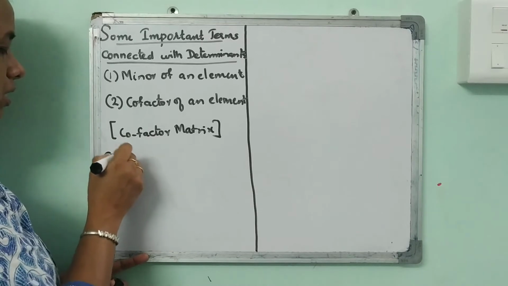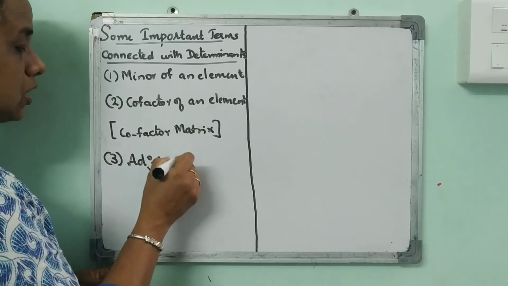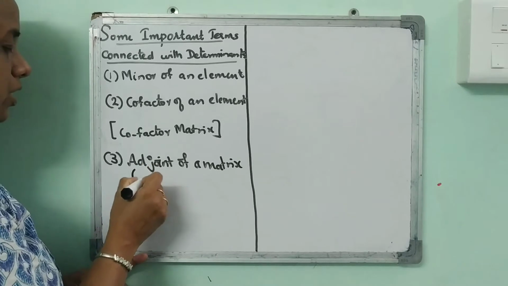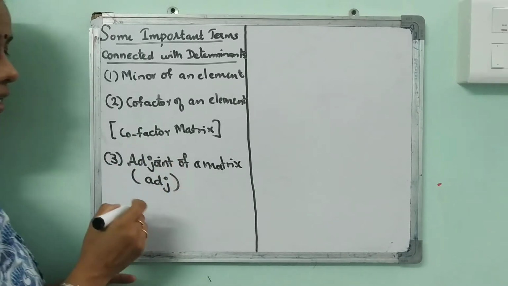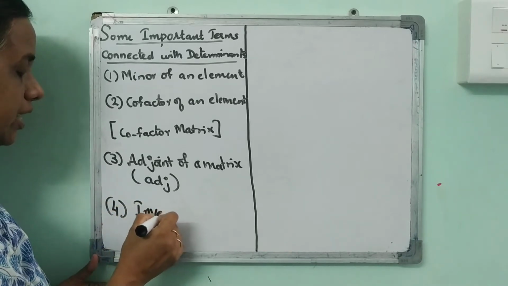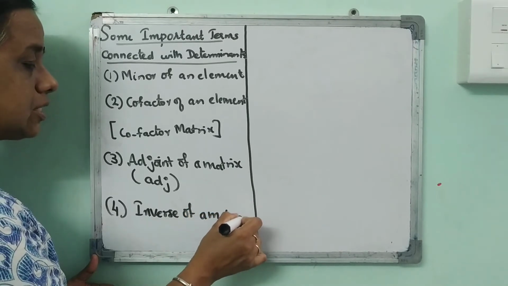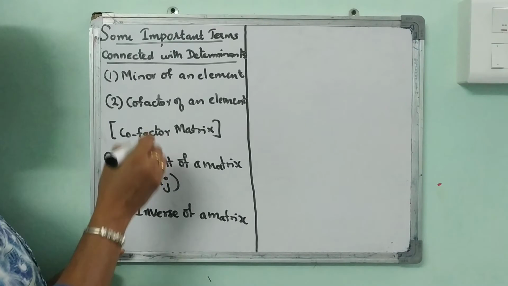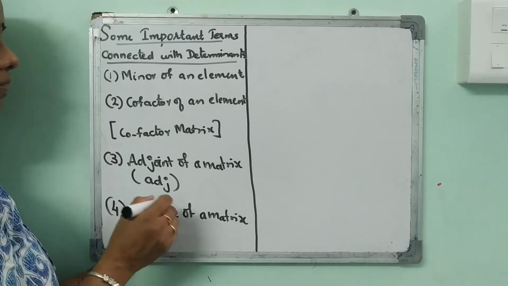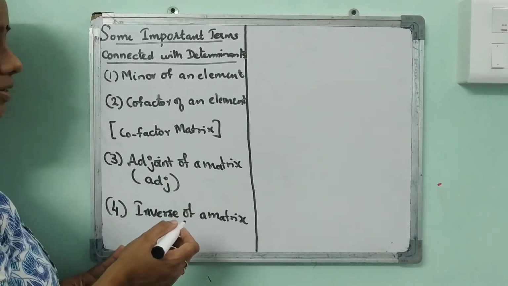Okay, and then how to find the adjoint of a matrix. Adjoint is shortly denoted as ADJ. Okay, and finally we will define how to find the inverse of a matrix. I told you that there are two methods to work out the inverse of a matrix. One is this method, okay, and the other one comes along with the chapter on matrices, but we have not done that. That is based on elementary transformation, which we will do later after doing the properties of determinants.